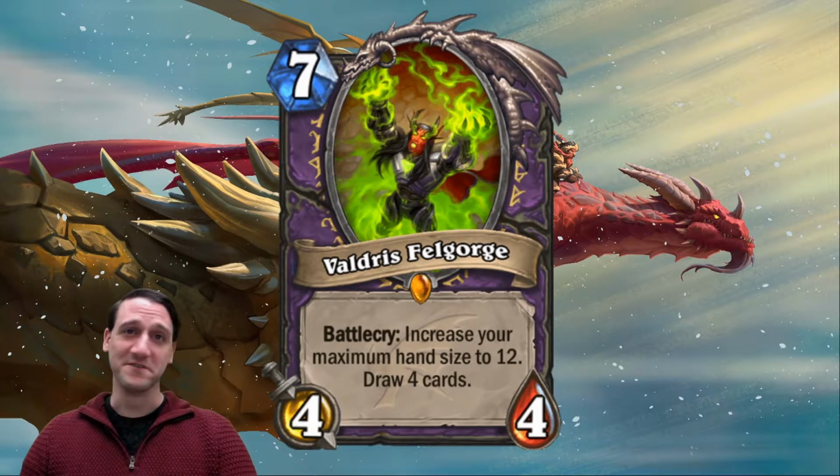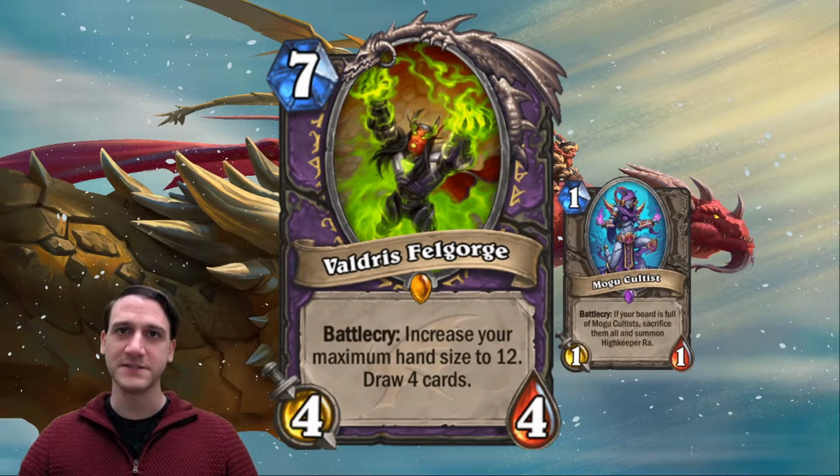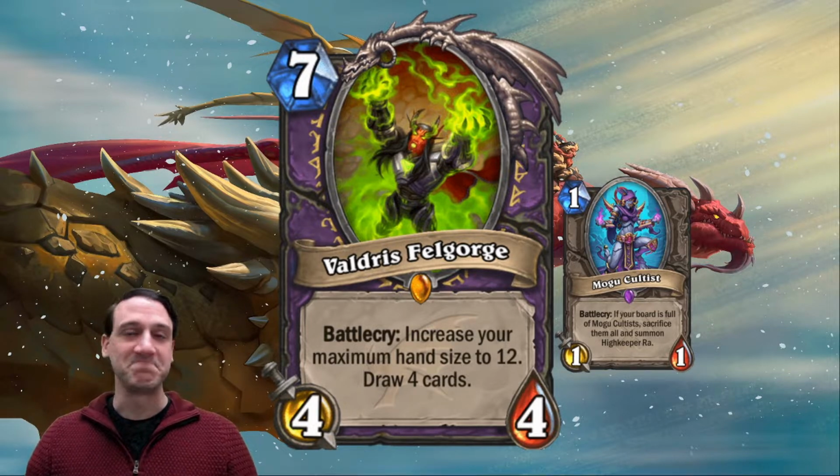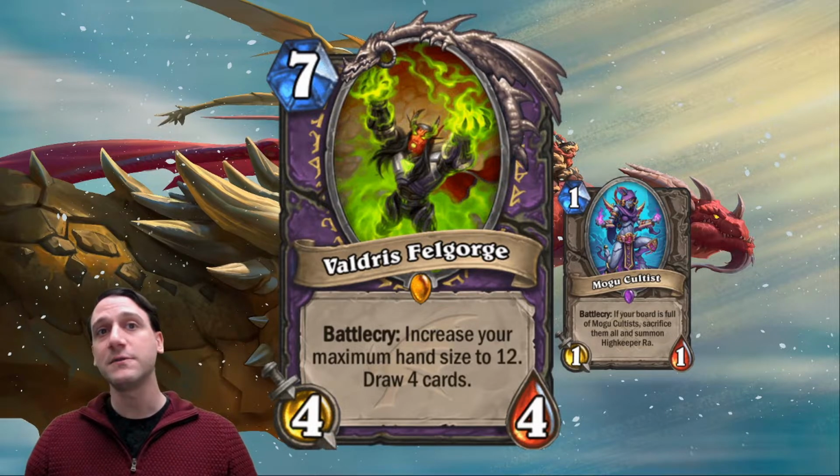Are you tired of burning cards when cycling through your deck quickly? Or are you having to make suboptimal plays to avoid burning combo cards in your Mogu Cultist Quest Warlock? Well, we've got the card for you. The new 7-mana 4/4 legendary for Warlock is Valdris Felgorge, and his battlecry increases your maximum hand